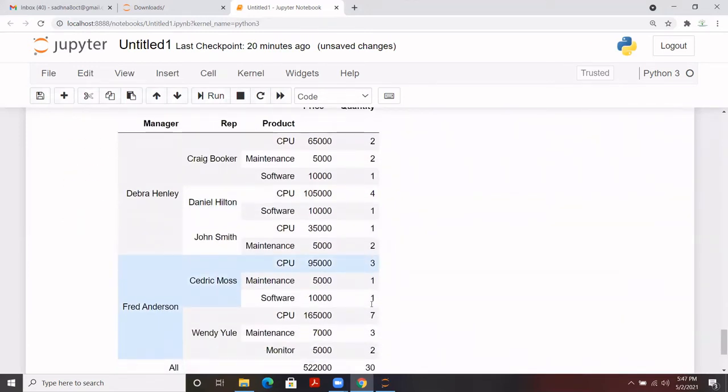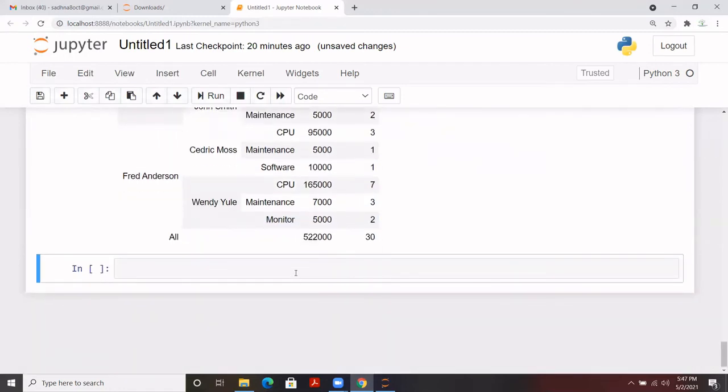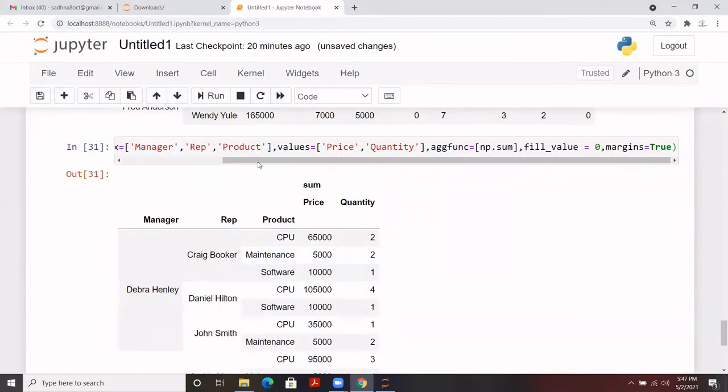For example, now let's make it a bit more complicated. Let me add some more things to this. The table that I have generated, I have used 3 indexes, and I haven't used the product column.